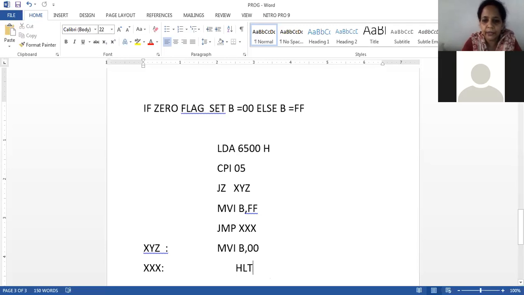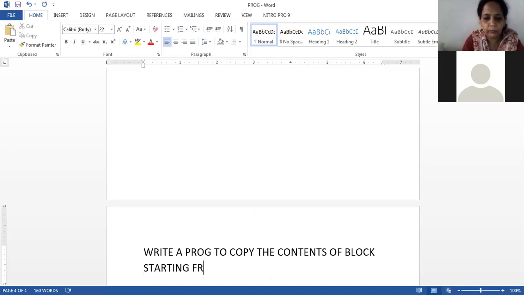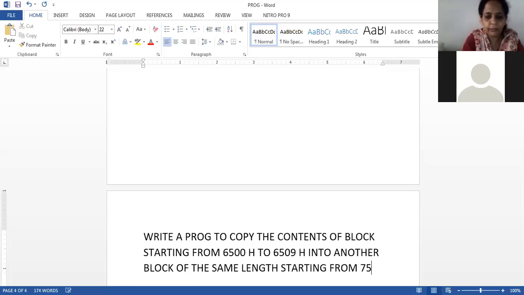Okay, the program is, for example, write a program to copy the contents of the block starting from 6500H to 6509H into another block of the same length, starting from 7500.